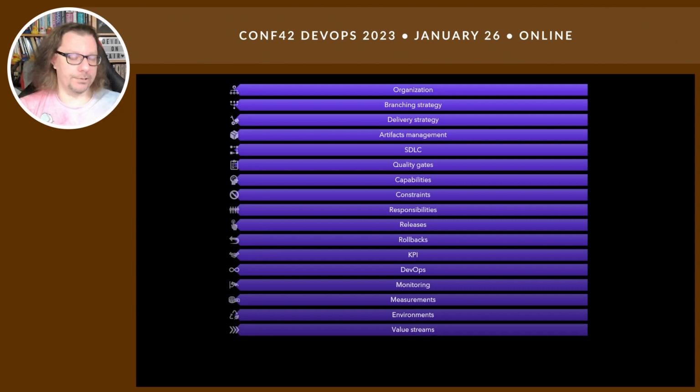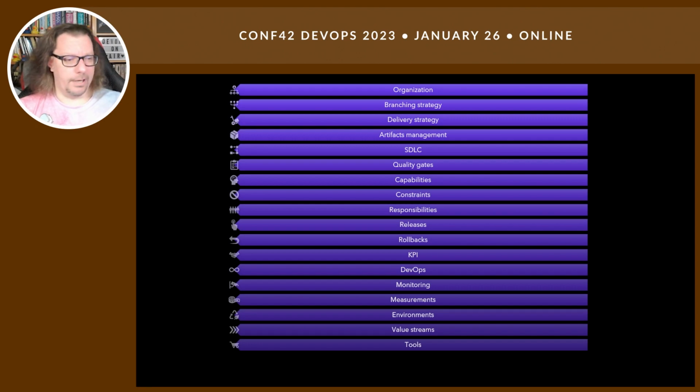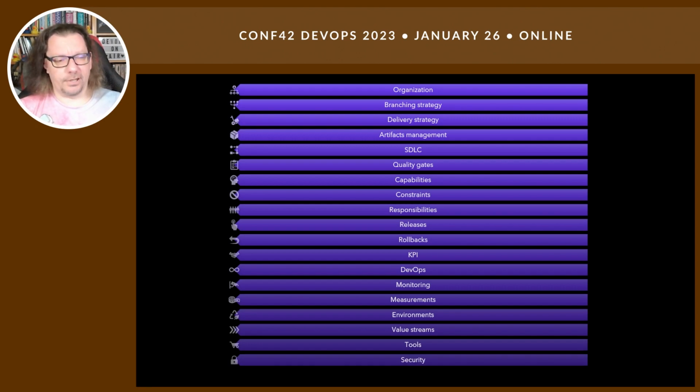Value streams are also an increasingly popular element, but honestly speaking, as DevOps emerged somehow from Lean, value streams should be in our blood all the time, because the value stream is one of the important parts of Lean. What tools we use, and last but not least, security. And I always have the fun of talking about security at the end, because, yeah, why not, right? Something needs to stay in our heads, so most often it is the last topic, the last element.